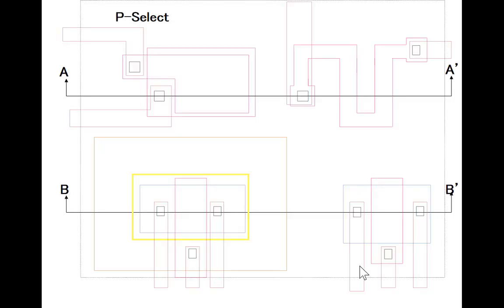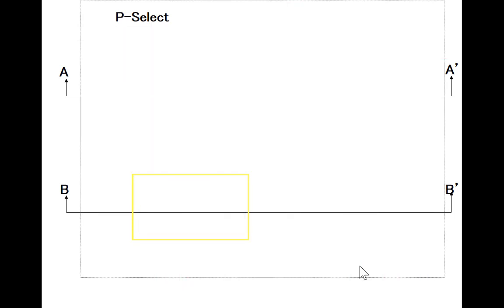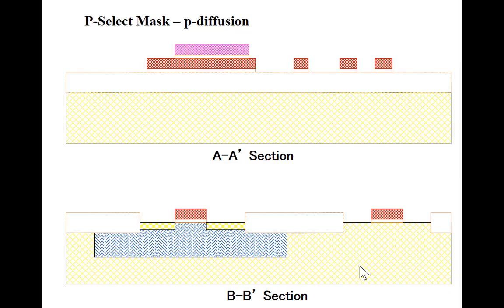So here's P-select. The P-select is only going to be here because here's where we want to make the P-channel transistor. Notice it's much bigger than the active. Here's the active region. It just can't be so big that it overlaps where the inactive is at. It can be a lot bigger than the P active. It just can't overlap the inactive. So that's that P-select mask. And so what we do then is we do an ion implant through the opening of the P-select mask. The only place that it's exposed,